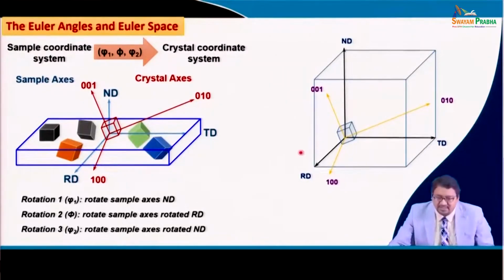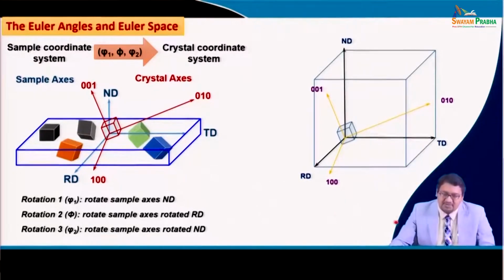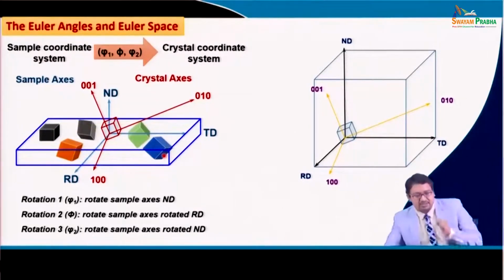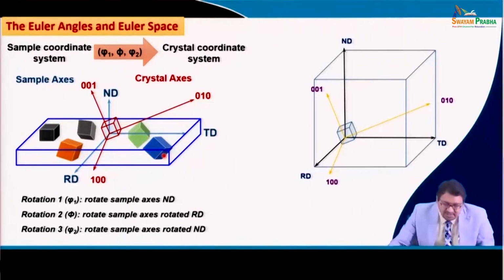So, let us see this schematic which is made from this, and it is a little different, but you see the R d, T d and N d is similar, and the 1 0 0, 0 1 0 and 0 0 1 of the crystal is also in a similar position as in this figure. Now, you see that the